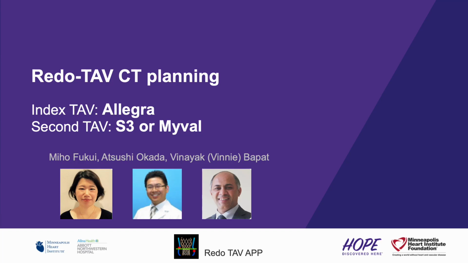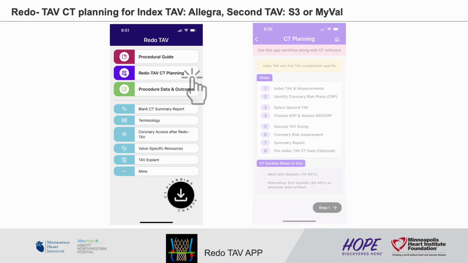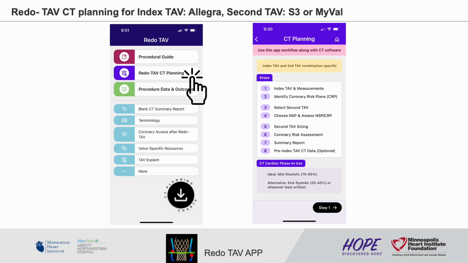This video shows you how to do pre-procedure CT planning using the Redo TAV app. For index TAV is Evolut, and second TAV is SAPIEN 3 or MyVal. When you click Redo TAV CT planning on the home screen, first you will get the overview of all steps